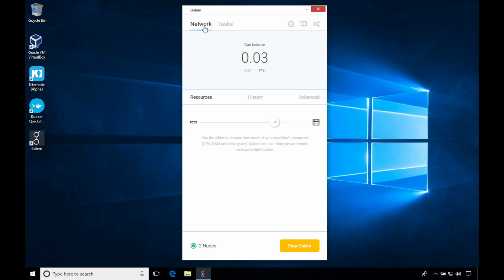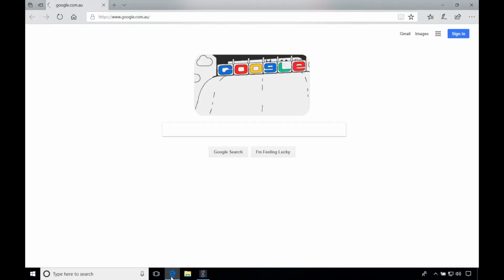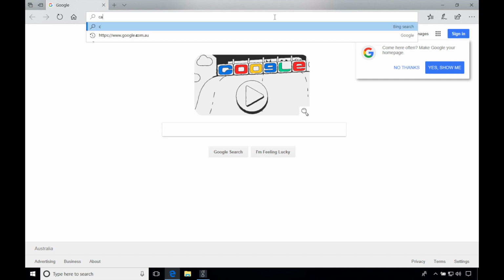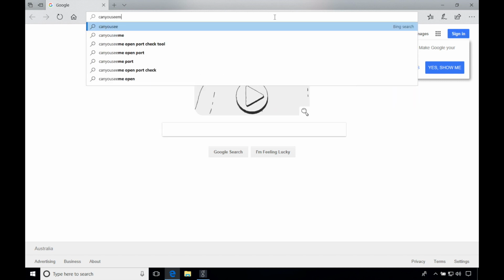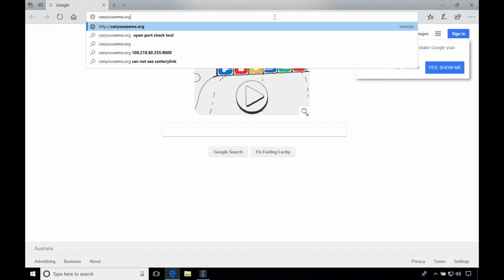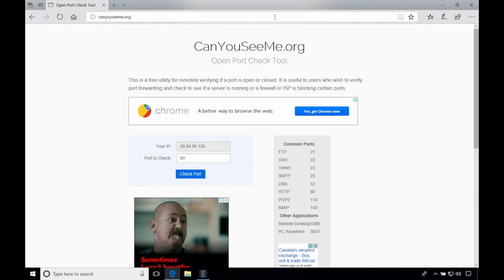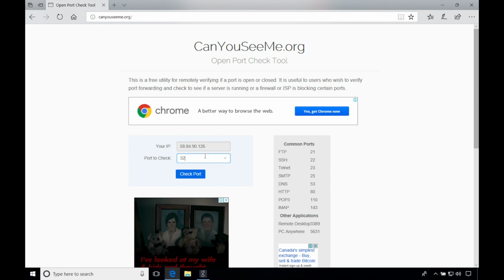So now you can see we're connected to 2 nodes. What I'll show you is testing whether the ports have been opened via UPnP, as I mentioned earlier. So if we open a browser again, you just need to go to canuseeme.org. And the ports we want to check are 3282,